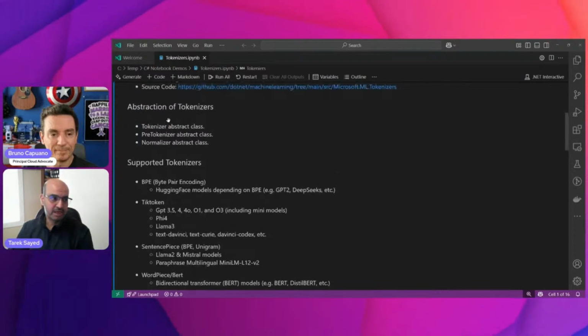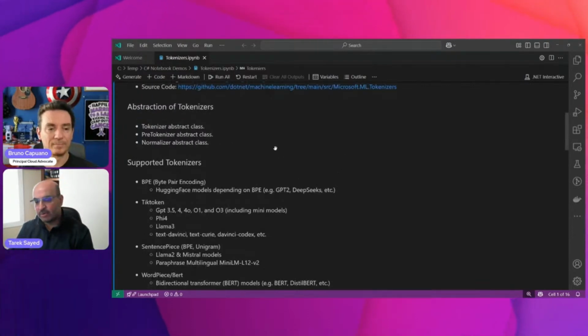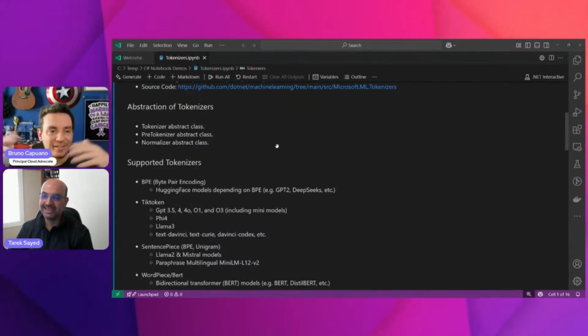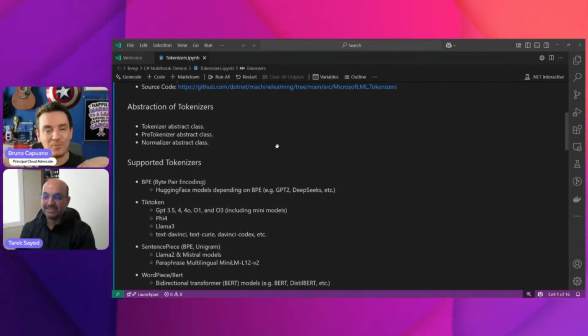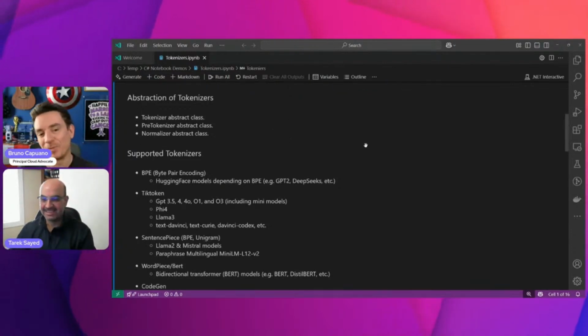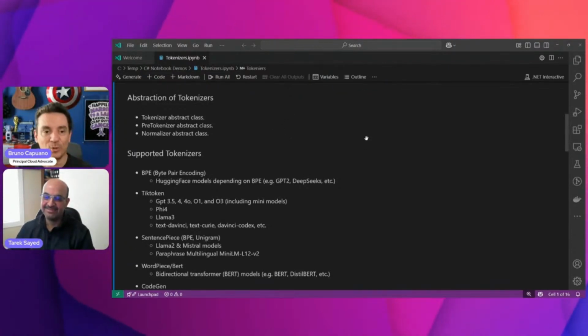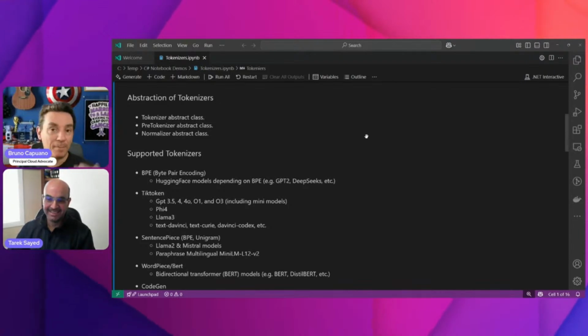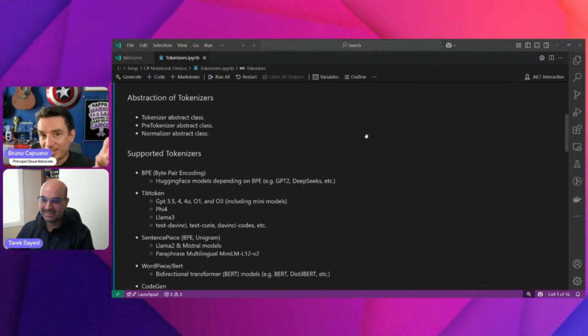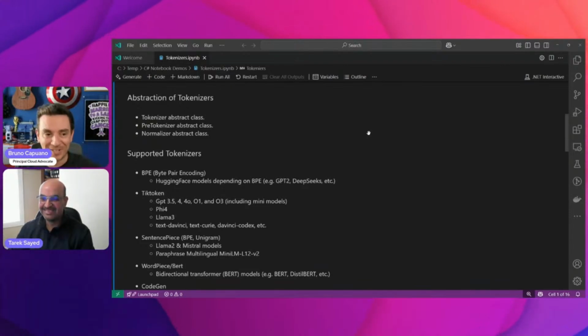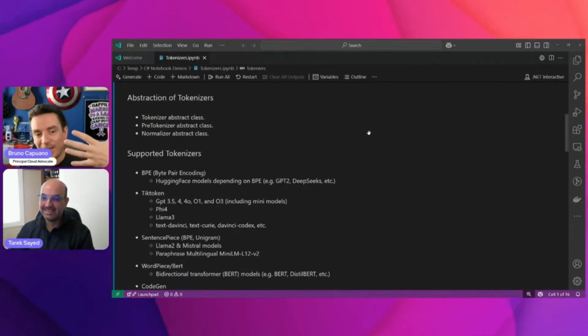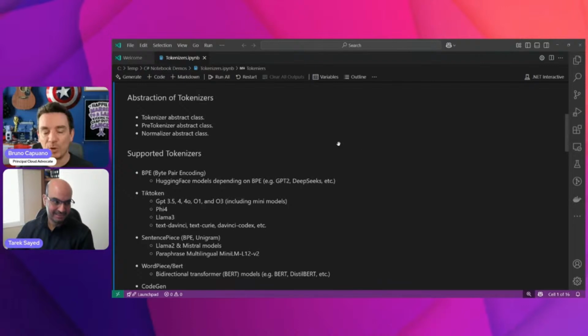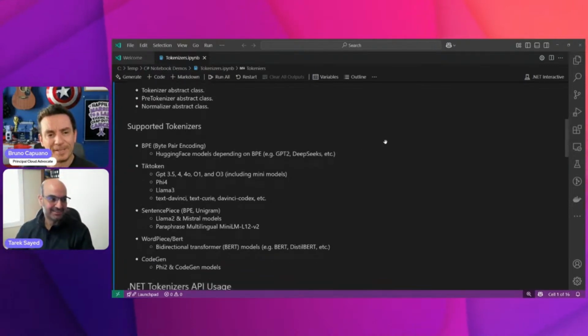Of course, having an abstract class also allows people to write their own custom tokenizer. You can extend the library if you need to write something for another scenario. That's what I also like about abstractions. It's super cool. And by the way, if you're a .NET developer, that pattern that Tarek just explained is used, I think, all around our libraries. Most of our libraries usually have an abstract class, and then you have implementations, and you can do your own. So it's super cool.